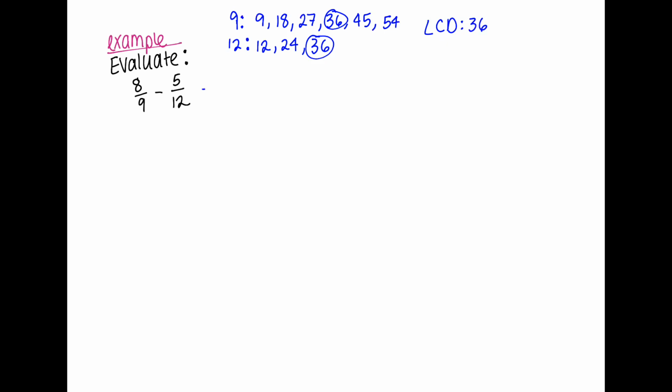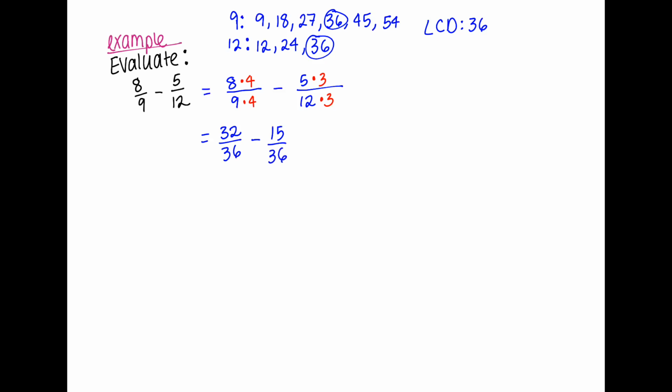We'll go ahead and create some equivalent fractions. So if I want to make these denominators into 36, I need to multiply 9 by 4 in order to get 36. To make 12 into 36, I need to multiply it by 3. So I will do that on the top and the bottom. 8 times 4 is 32, so we have 32 over 36, minus 5 times 3 is 15, 12 times 3